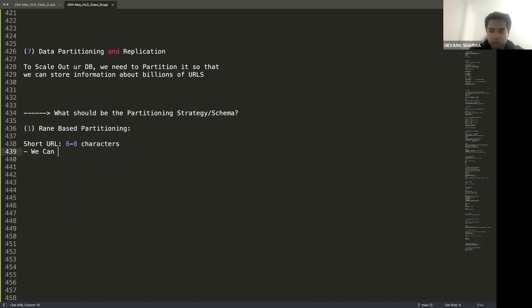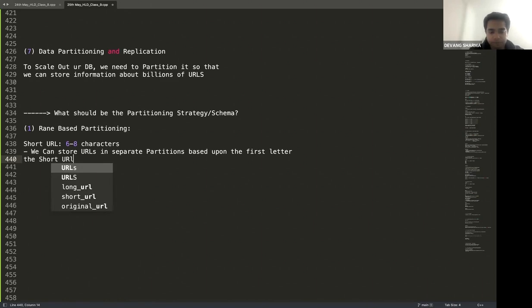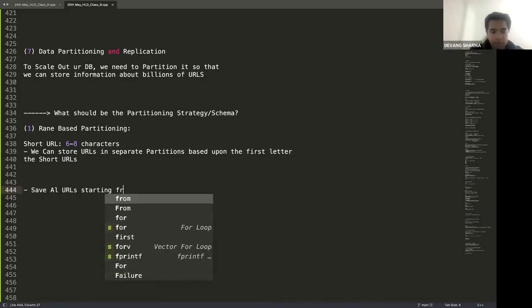So we can store URLs in separate partitions based upon the first letter of the short URL. Okay. Let's say save all URLs starting from A